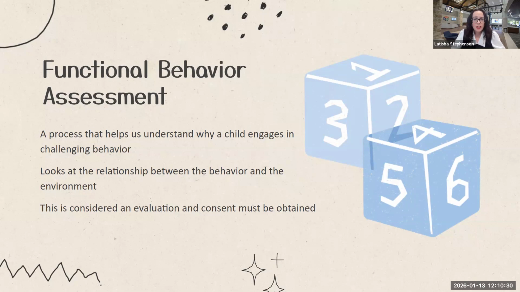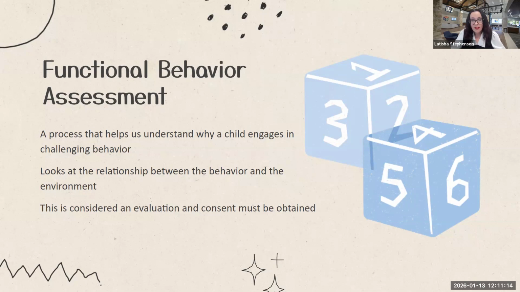Like I said earlier, your consent does need to be obtained from you, which means your district, your team on your campus for your student should be meeting to discuss the behavioral concerns with you ahead of time and informing you, hey, these are all the things that we've done, and we are still not able to quite crack the code on what's happening with your student and why they're engaging in these behaviors. So we need to go one step further and do an FBA. It is one of the most specific evaluations that we do in special education simply because we are trying to really hone in on behavior.